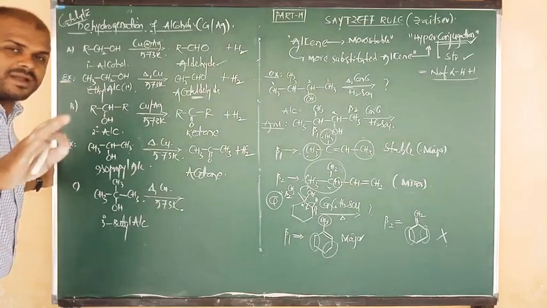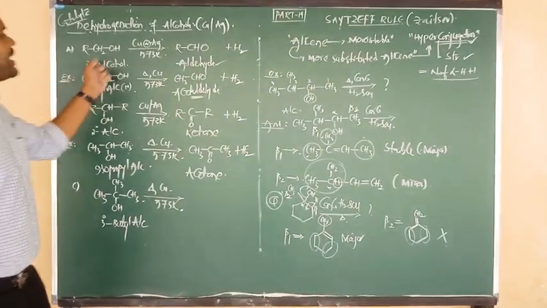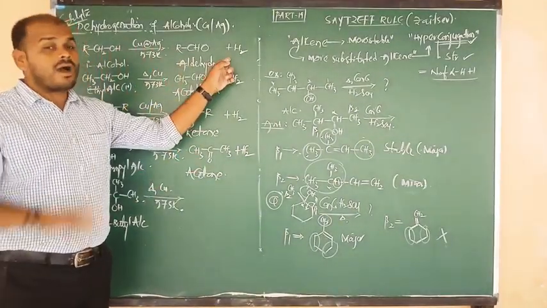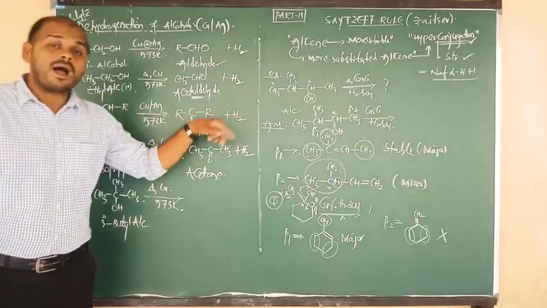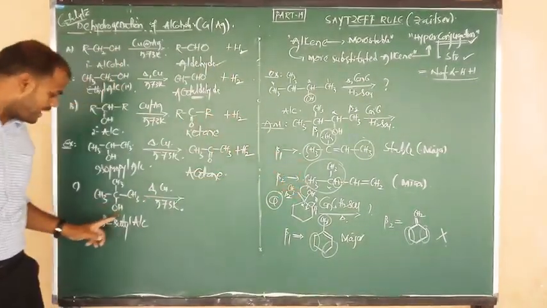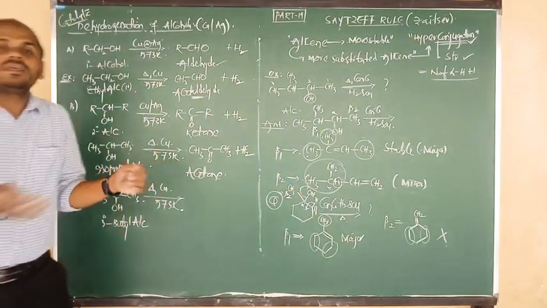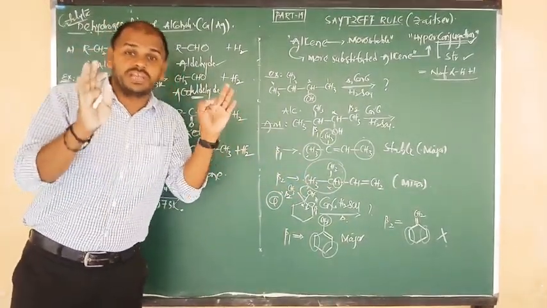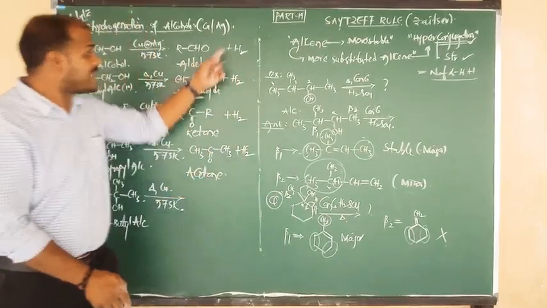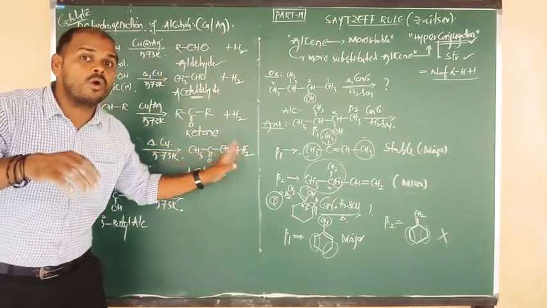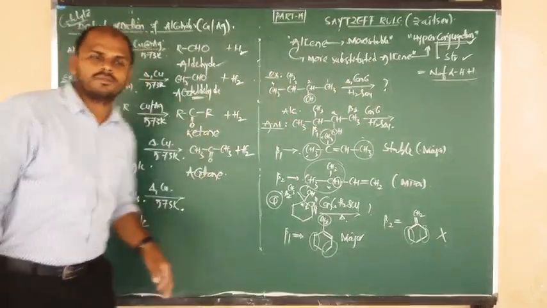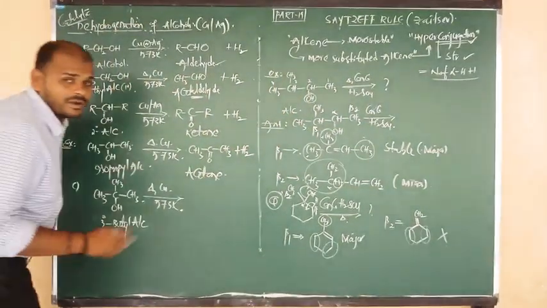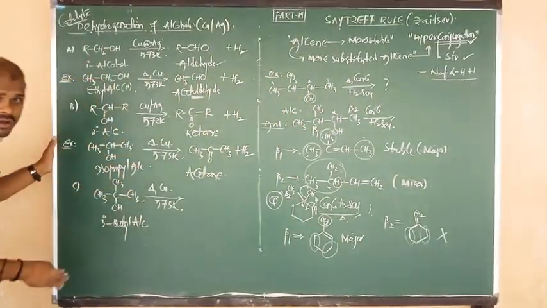Very important point. Final touch I am going to say. Primary alcohols give aldehyde after dehydrogenation. Secondary alcohols give ketones after dehydrogenation. But tertiary alcohols won't undergo dehydrogenation. Instead of dehydrogenation, they undergo dehydration. Means we have to do the removal of a water molecule. So how to remove the water molecule? Same like the beta elimination mechanism.